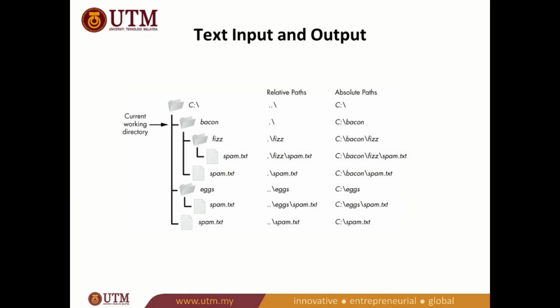Here are some examples of absolute versus relative paths for files. The illustration shows folder organization for absolute and relative paths. Please note that the C drive part of the path is the root folder, which contains all other folders. On Windows platform, the root folder is named C drive, while on Linux or Mac OS platform, the root folder